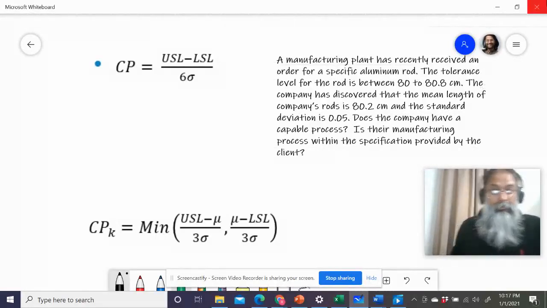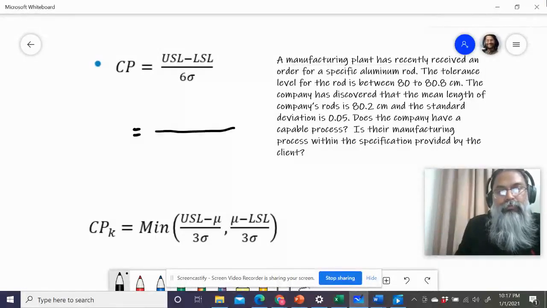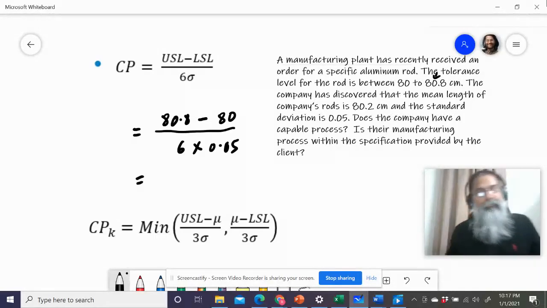So now let's just continue solving the problem. So we can calculate the CP. It's pretty simple. Let's see. And so here, as you can see, the upper specification limit is 80.8. Sorry, this is the customer specification limit, and the lower specification limit is 80, and we will divide by 6 times the sigma level here for the process, which is 0.05. Okay, so the CP would be